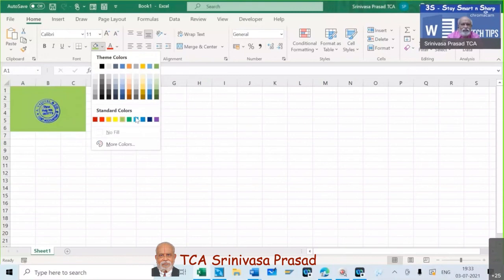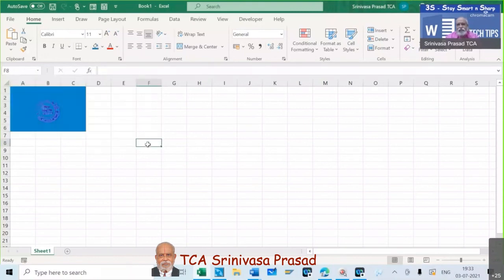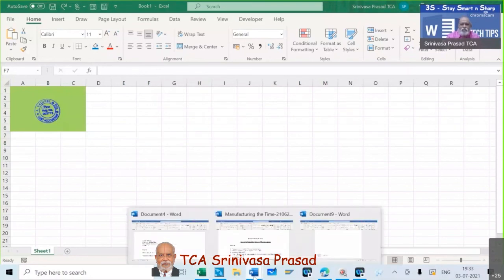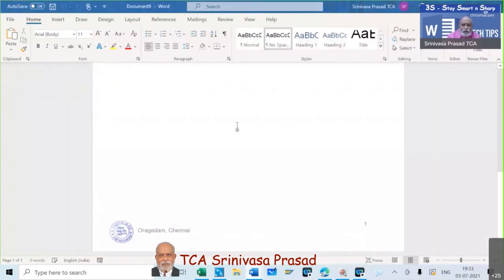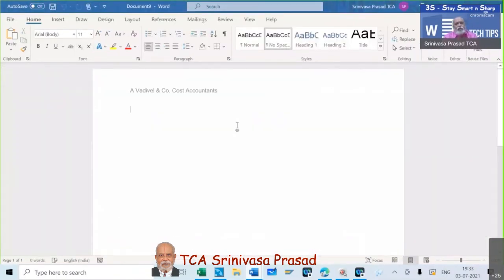Suppose I take this color, now it has gone because there is transparency, because both are the same color, it has gone off. So we can do this. There are many options of doing it. So I thought this will be a good start for many of the practitioners who prepare a signed copy of your report. This should give you a lot of options to spend less time and then spend more time on more constructive work.